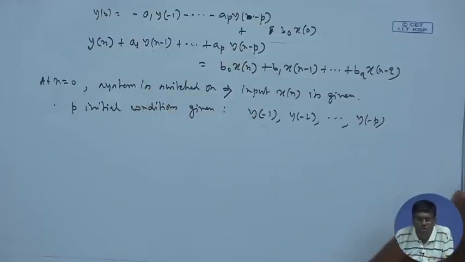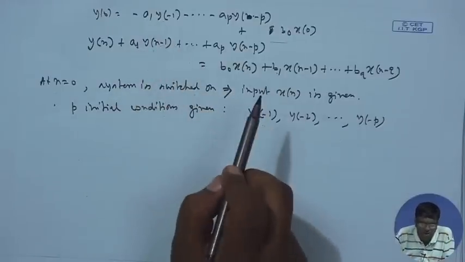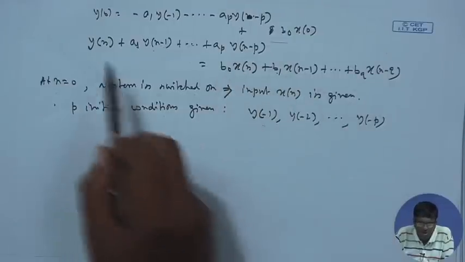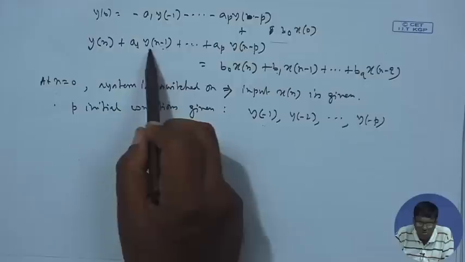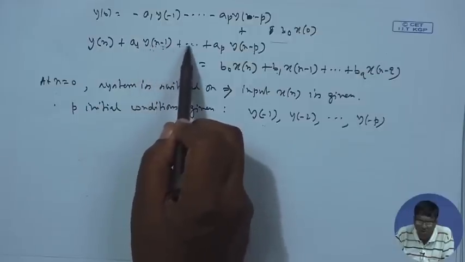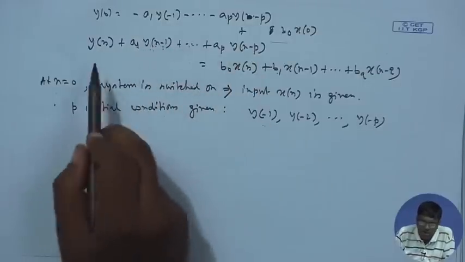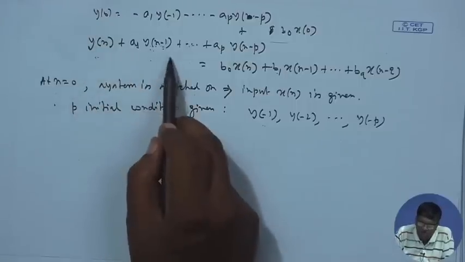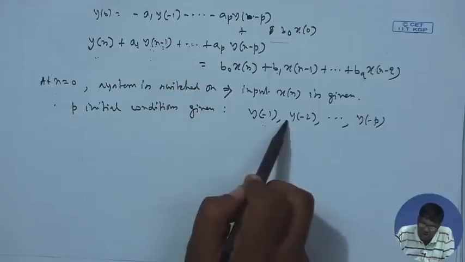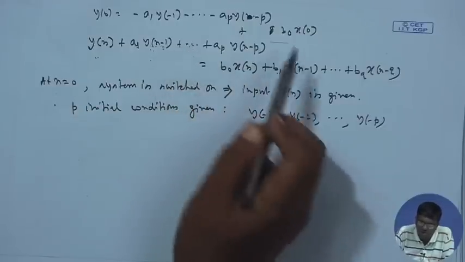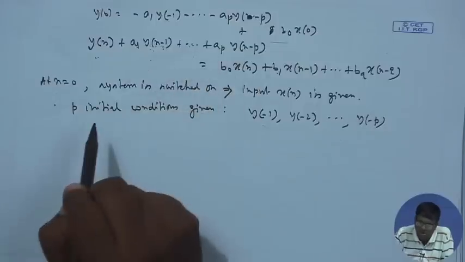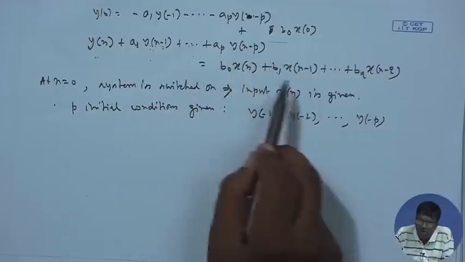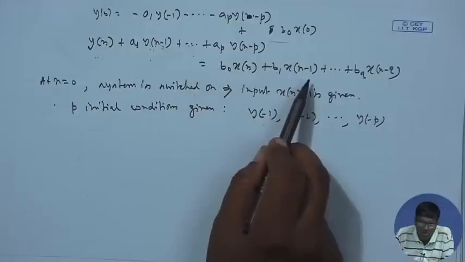All right, this is how we proceed, but these initial conditions on y are required, because at n equal to 0, past inputs are 0, current input is present, b 0 x 0. To find out y 0, you need these values, y minus 1, y minus 2 up to y minus p. Then again at n equal to 1, you have y 1 plus a 1 y 0, y 0 already obtained, but then after that you have got a 2 y minus 1, still you need past samples, then a 3 y minus 2, dot dot dot, put those initial conditions, right hand side b 0 x 1 plus b 1 x 0. So calculate that, input is known, so the right hand side is no problem, using them find out y 1,